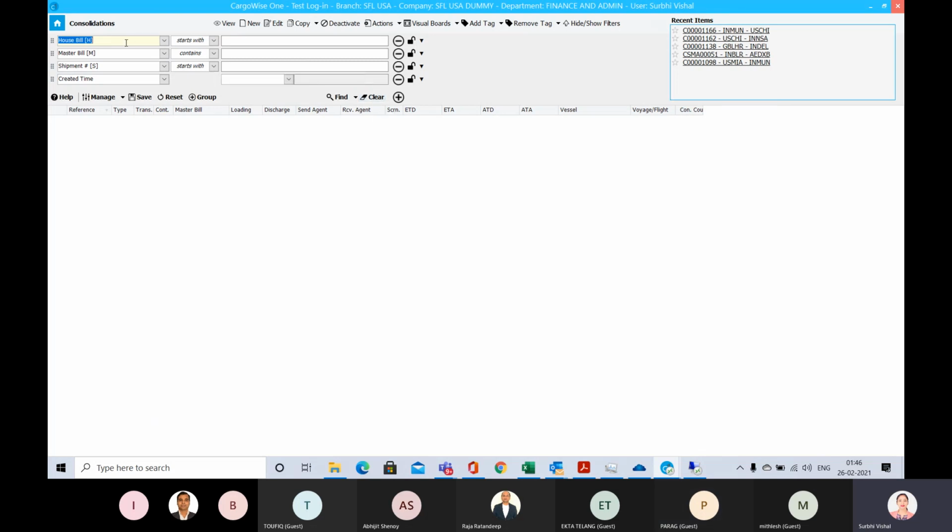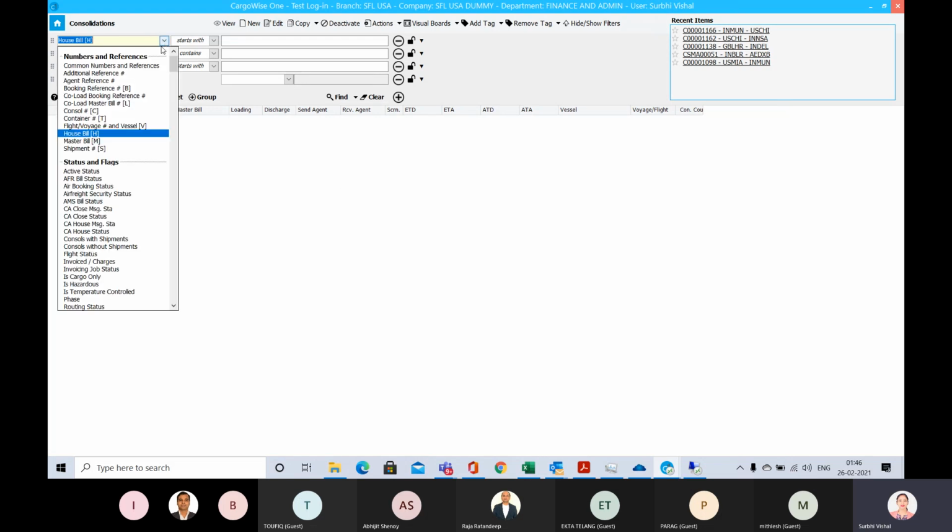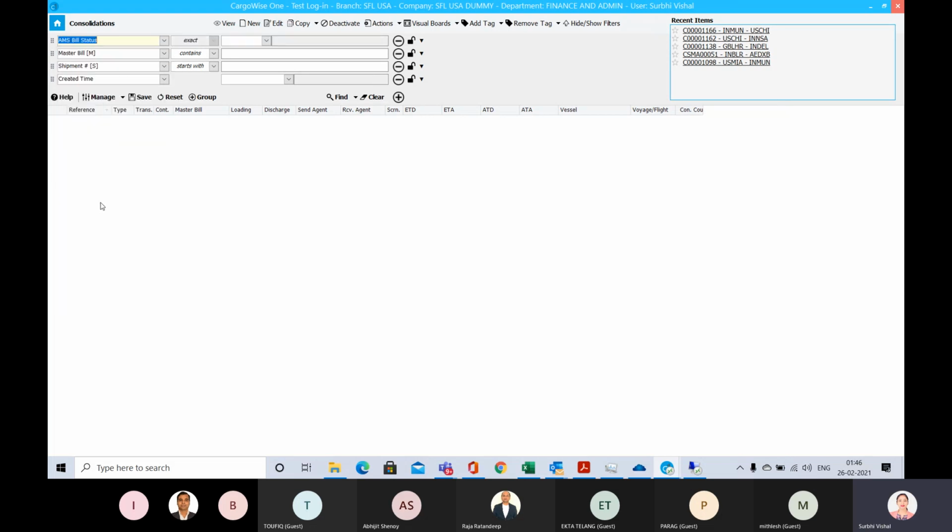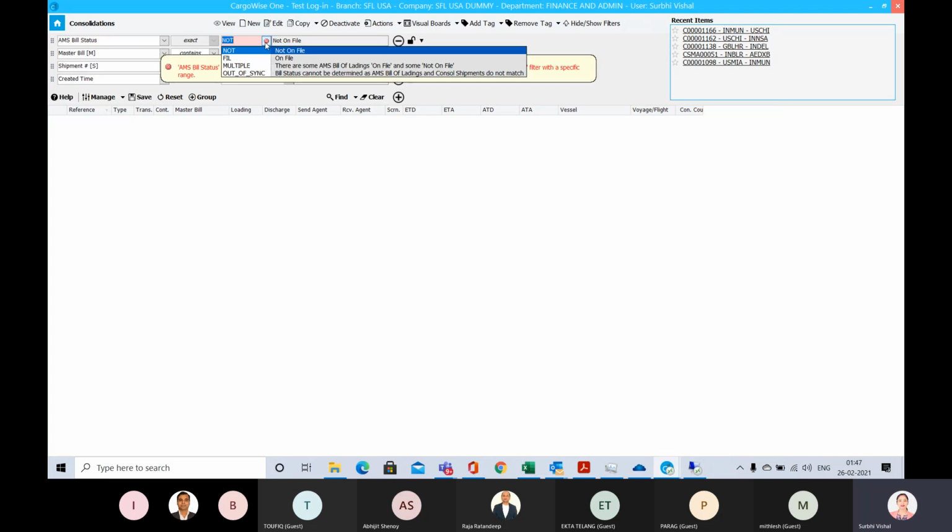Okay, so if you can see here, this is the main filter screen, and from the drop down, we have the status, AMS bill status. Suppose we select not on file, then you will get all those shipments which are not on file, or which are on file. So this is one way.